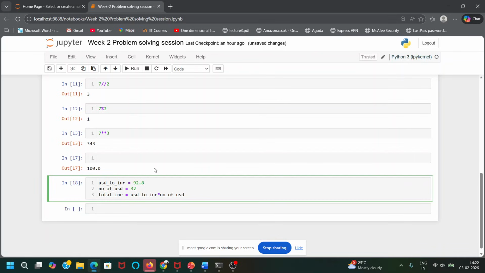The correct answer. You can see here, number of USD is 32. This has an int type, whereas 92.8 is a float. So when I multiply an int with a float, the result will be of type float.